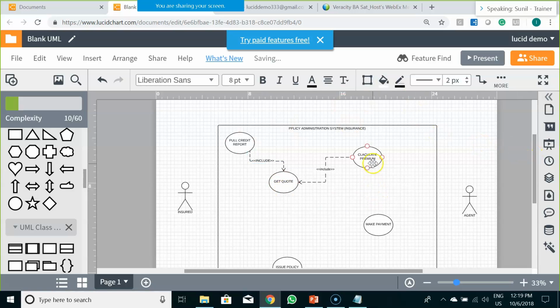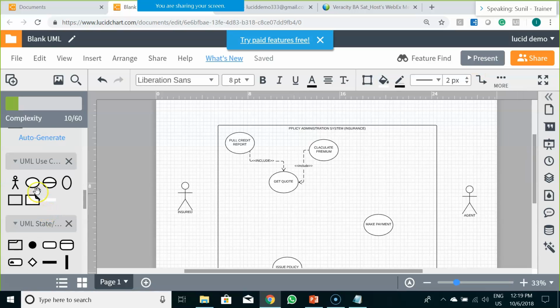Now let me create one more use case for getting a quotation. E-delivery of policy.